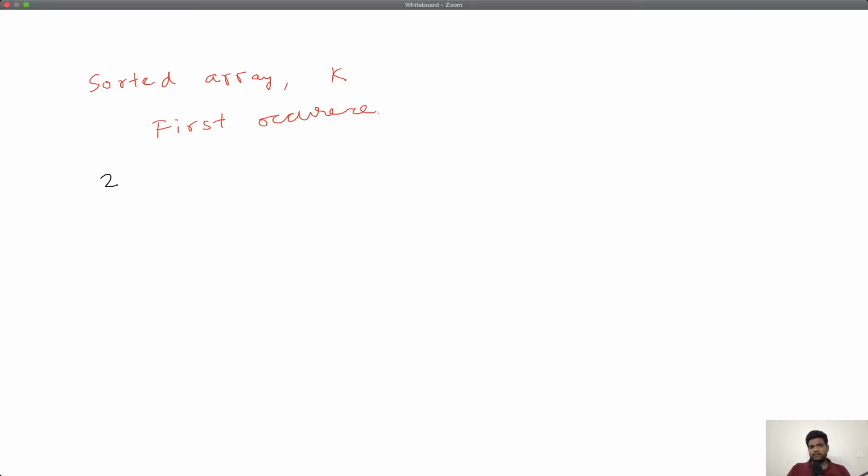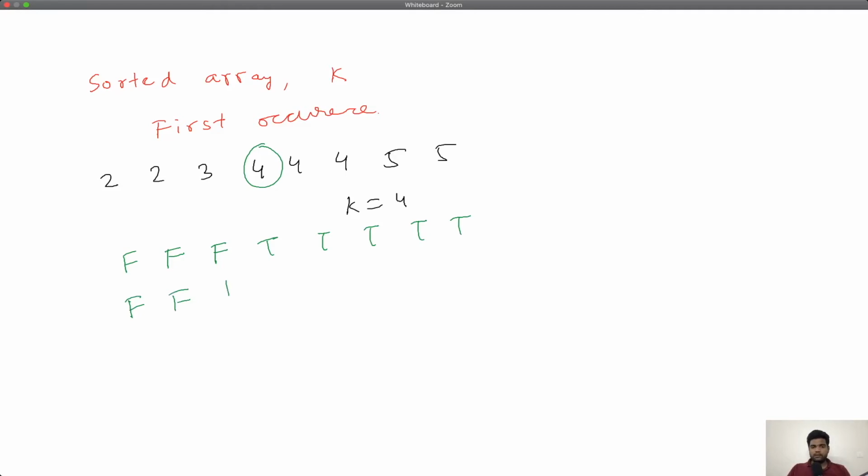So remember how we tried to think about that. Let's take an example. Let's say this is your sorted array and you are interested in finding 4. What we said was, because we know that we can only find the last f or the first t using binary search, this 4 has to occur at either the last f or the first t. That gave us two candidate sequences. One was this, wherein you had the first t at 4, and the other sequence was this, wherein you had the last f at the 4.